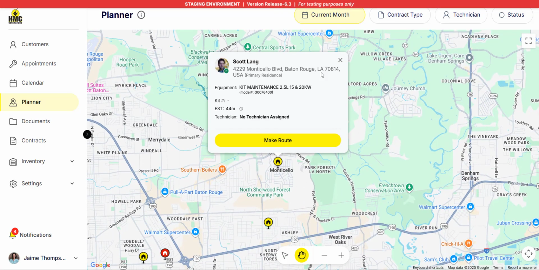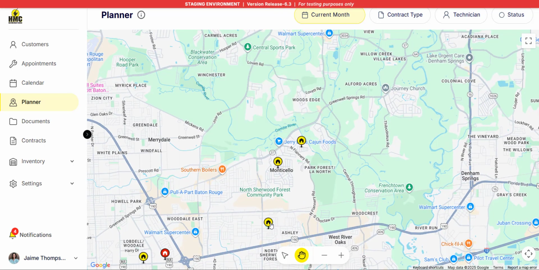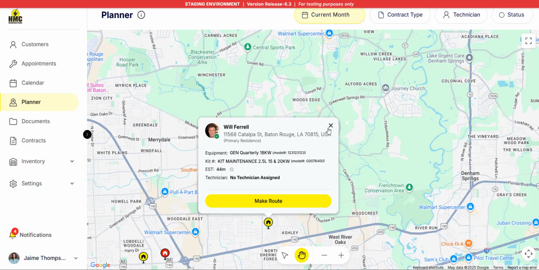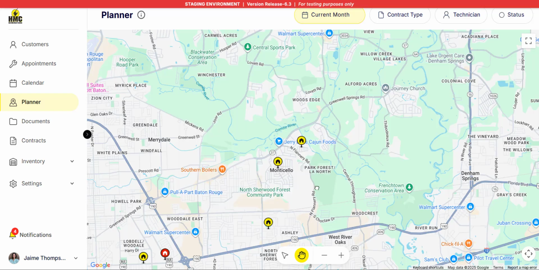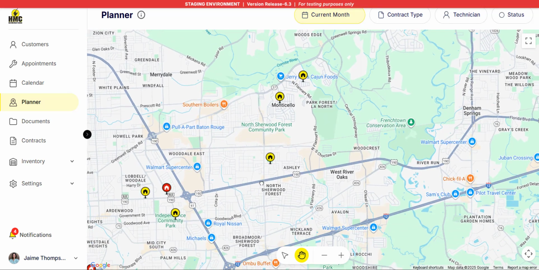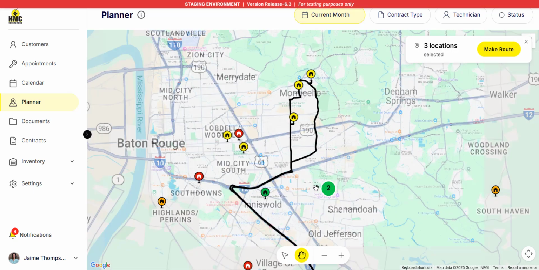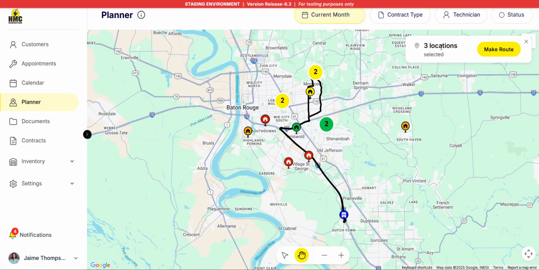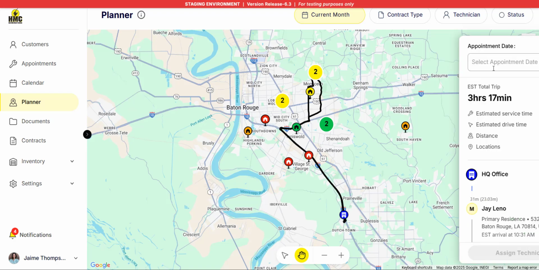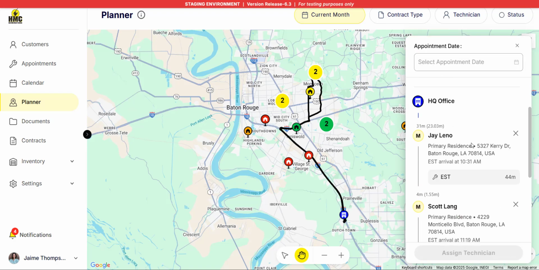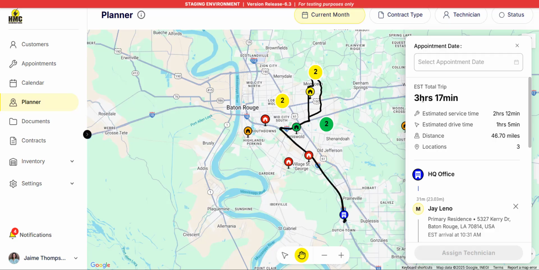Let's see where Will is. Here's Will Farrell's house, and he's due for an appointment this month in October. I'm going to go ahead and plan several appointments for my technician. I'm going to pick 3 locations that I want my technician to visit. You can go in and see that we estimate it's going to take 3 hours and 17 minutes for this